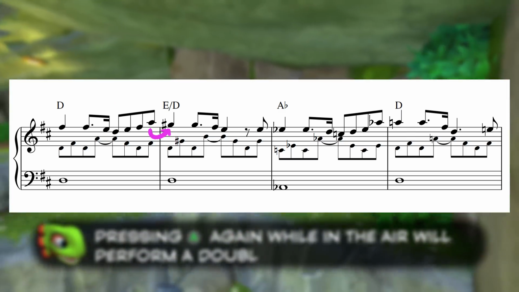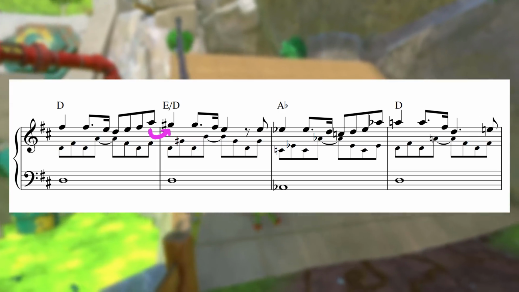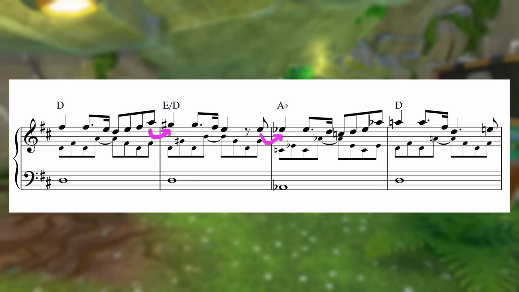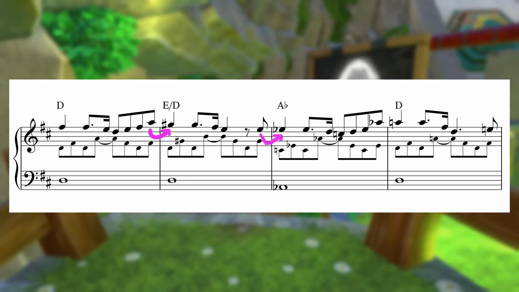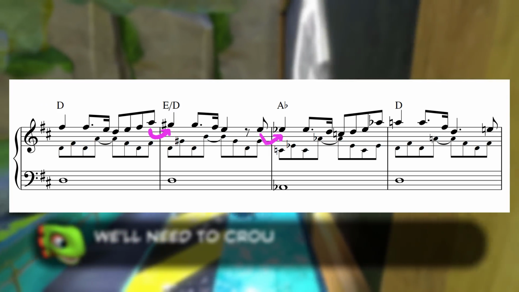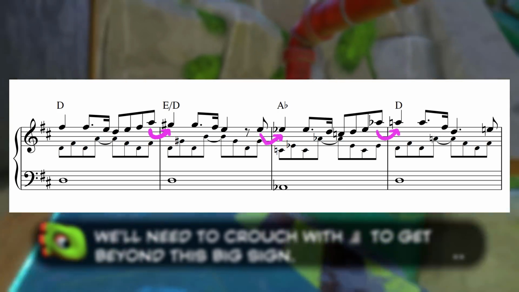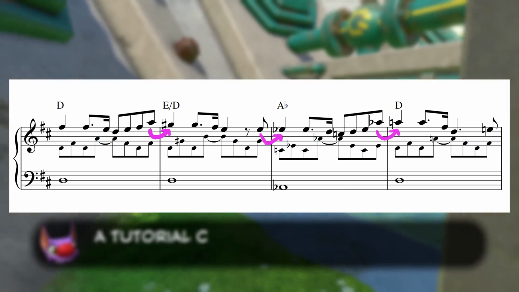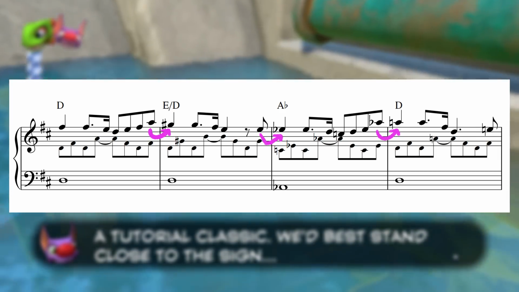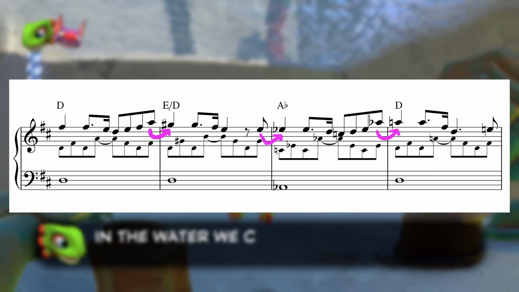A drops down to G sharp for this E over D, which is the note found a tritone above the root of the previous D. Then an E drops down to an E flat for the following A flat chord, E flat being the only note in the A flat triad that couldn't fit at all with the previous E over D chord. The A flat in the melody at the end of this bar slides up a half step to an A for the final bar of D major, clashing deliberately with the root note of the previous bar's A flat chord. The melody here makes sure you really feel the shift in tonality moving through each chord.